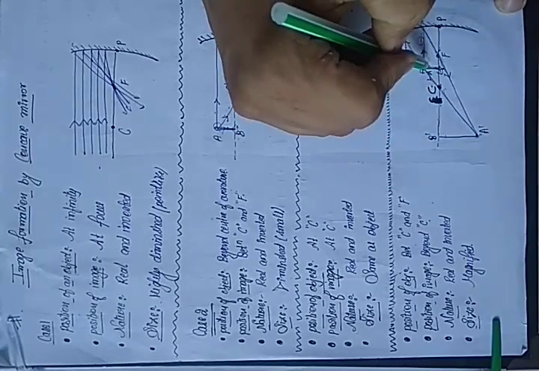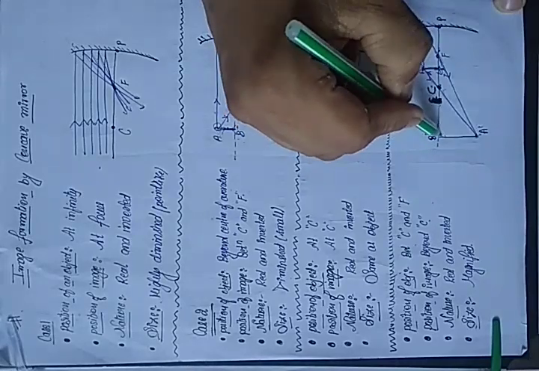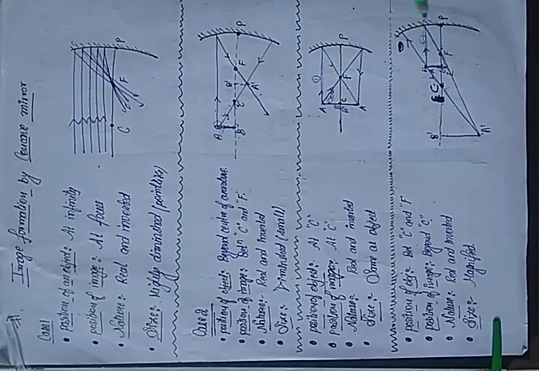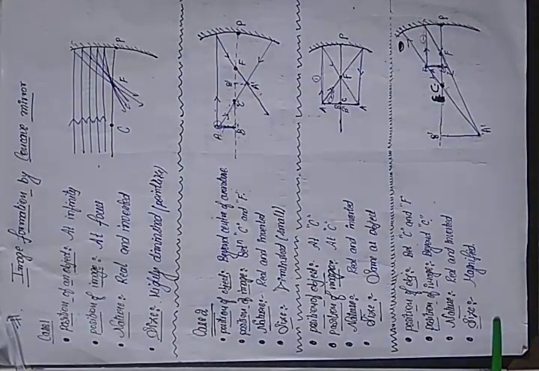Now see, the object size is, suppose I am taking 5 feet. Now see, what is the image size? It is near about 15. I can say this is very big as compared to the object. Okay, so I hope this is clear. Two reflecting rays meet at a point, there the image is being created.